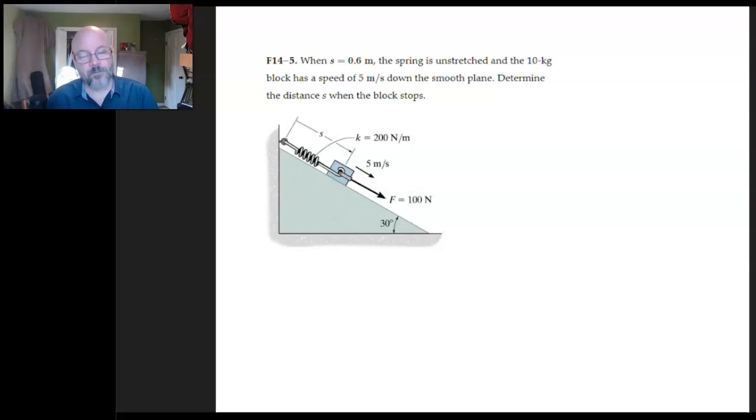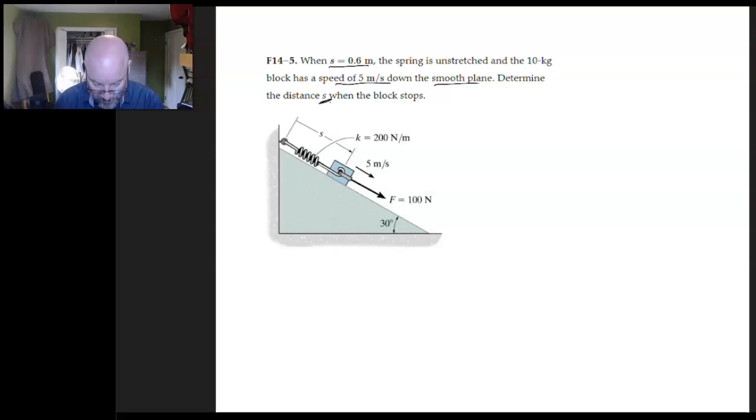In this one, we have a block. It's going downhill. It's a smooth plane, so there's no friction. We're looking for a stopping distance S. Okay. We have some initial position here, and it's got a certain speed here. Okay. So what I'm going to do is,